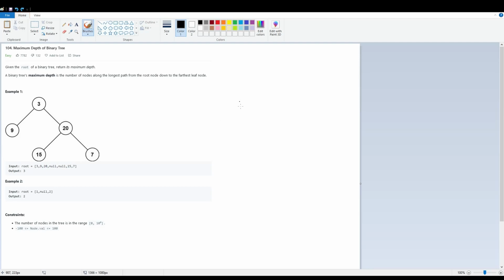Today we're going to talk about LeetCode question number 104, maximum depth of binary tree. So given the root of a binary tree, return its maximum depth. Binary tree's maximum depth is the number of nodes on the longest path from the root node down to the farthest leaf node. Okay, so for example, this here, we always have to start from the root as the problem